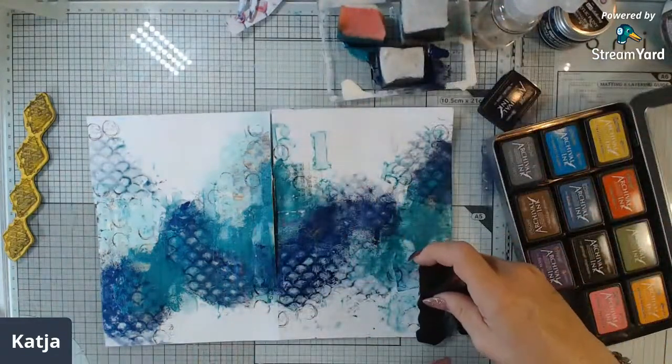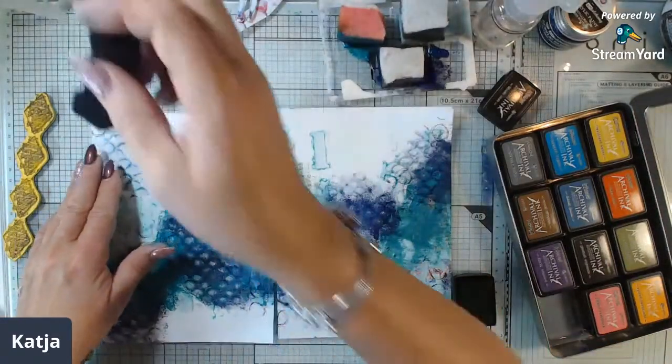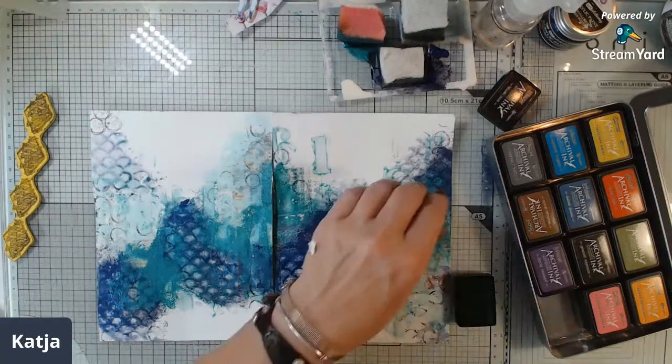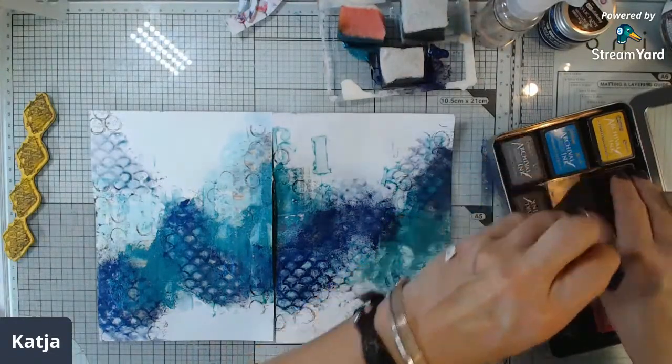And I really like to have the circles on the end of the page, like you see them, little of them, like that. I think that's like the way of framing. And